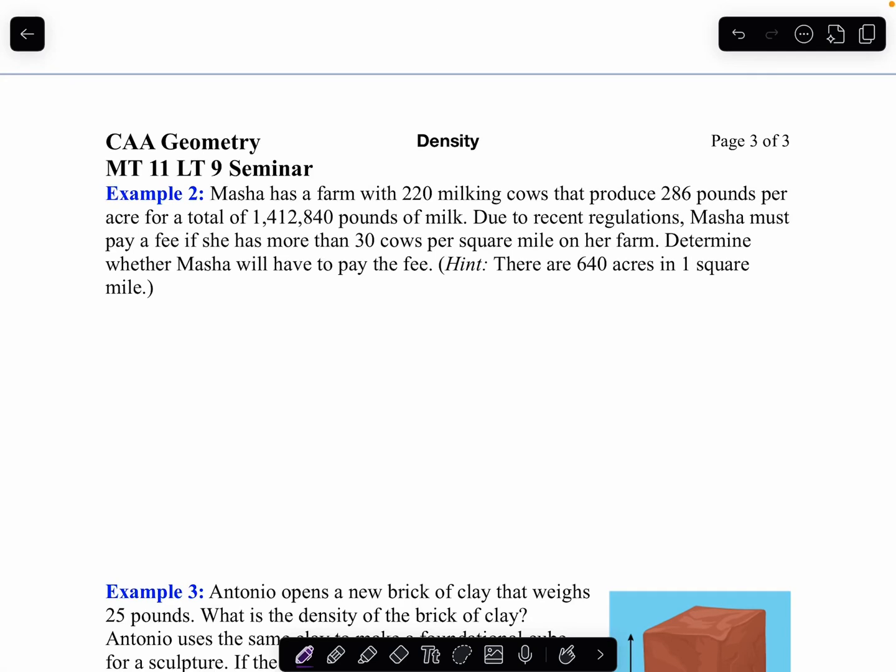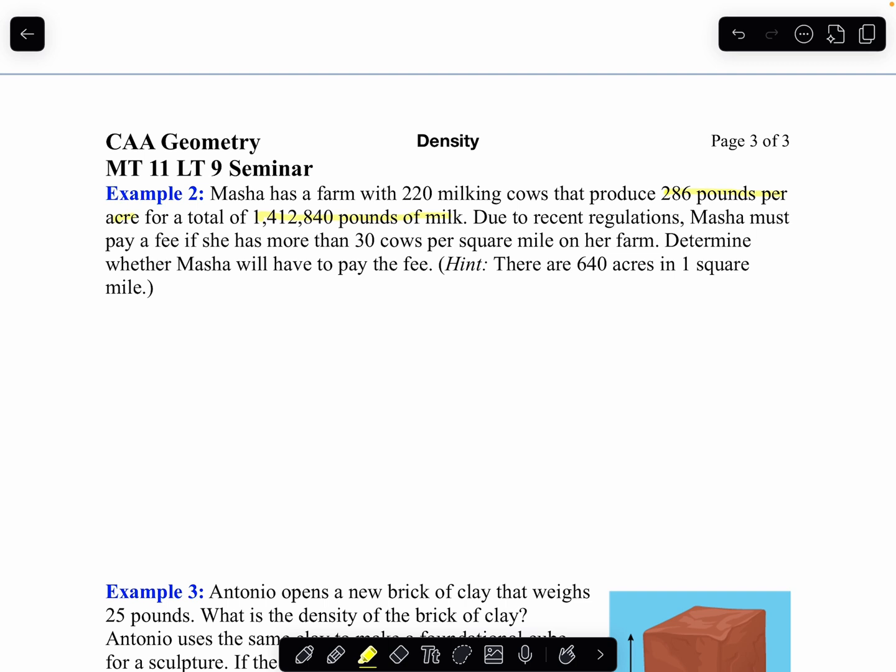It's definitely not straightforward. It says Masha has a farm with 220 milking cows that produce 286 pounds per acre. Notice that's the density, isn't it? 286 pounds per acre is a density. So she produces a total of 1,412,840 pounds of milk. Due to recent regulations, Masha must pay a fee if she has more than 30 cows